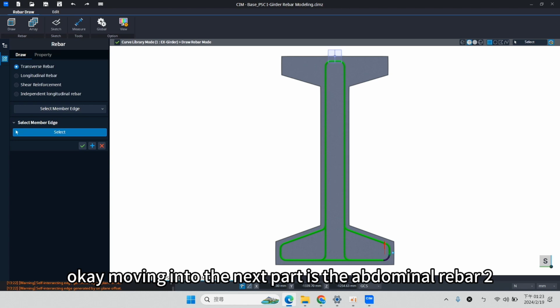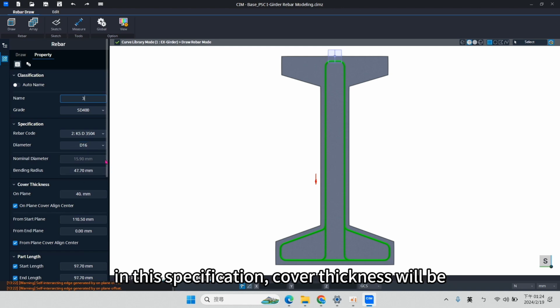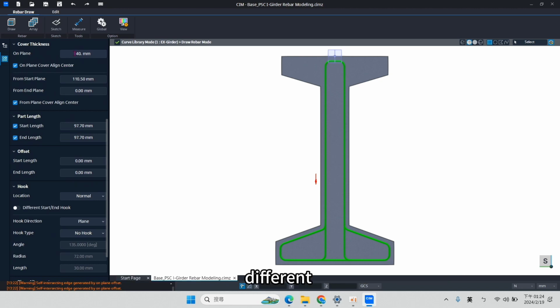Okay, moving on to the next part is the abdominal rebar 2. Okay, so we can just create the abdominal rebar number 2 in similar fashion with this specification. Cover thickness will be different because we want to see the different cover thickness.